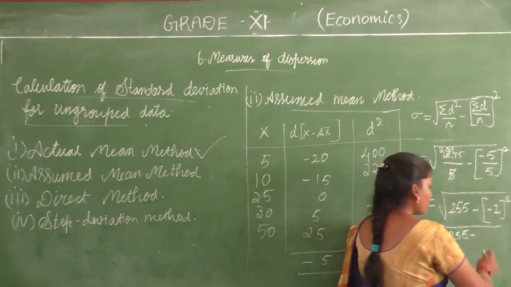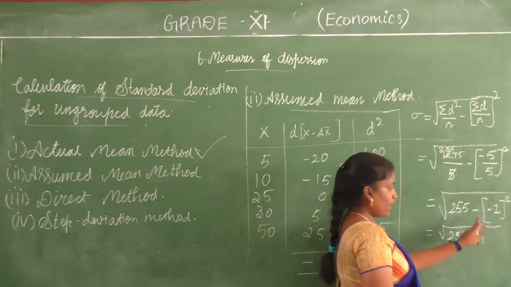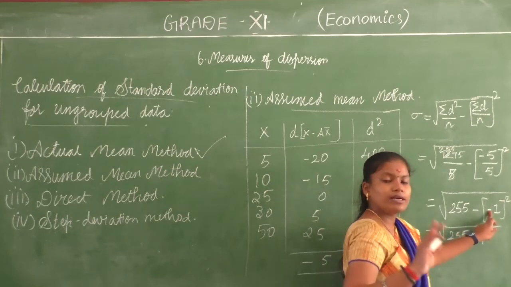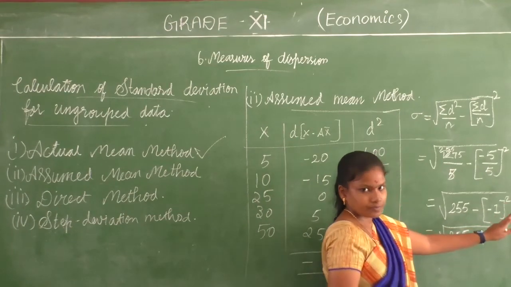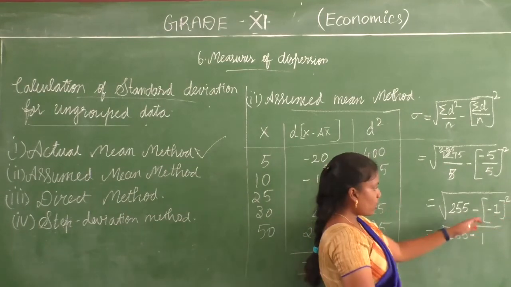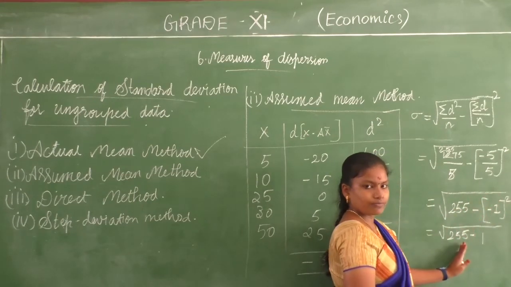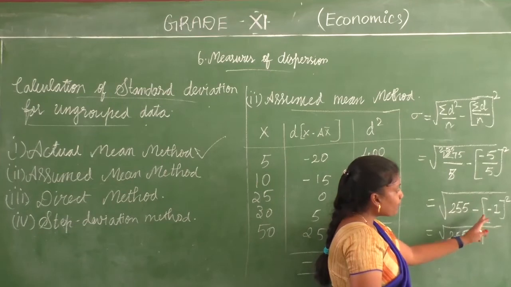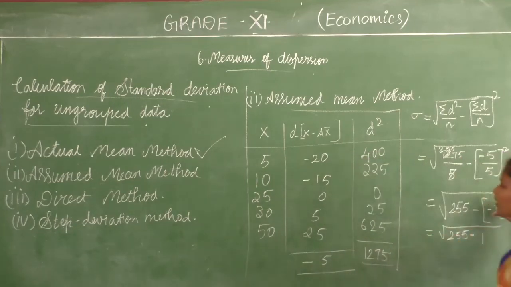You need to take care of the square when you multiply; you cannot cancel the square. First you square this value: minus 1 squared gives you plus 1. Taking the symbol as it is, you get root of